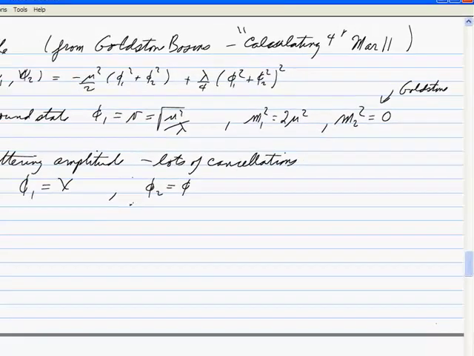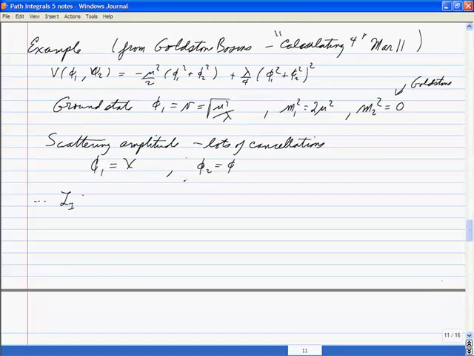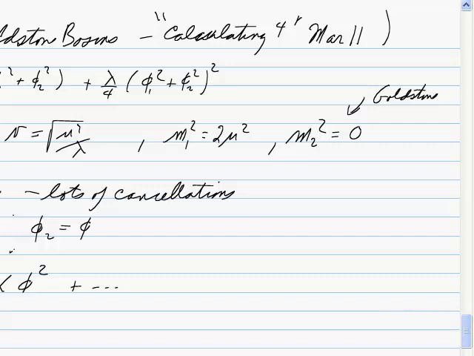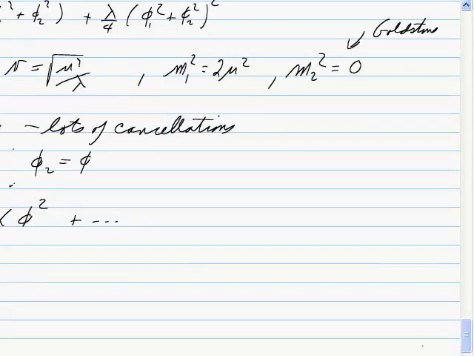Okay, with a little bit of work, we take the interaction Lagrangian for chi to be lambda v chi phi squared plus stuff that doesn't enter. Remember you expand this out. There's the mass terms, there's this cubic piece which goes like that, and there's stuff that doesn't contribute, which I could write out. Okay, so from the work that I just did, then I just take